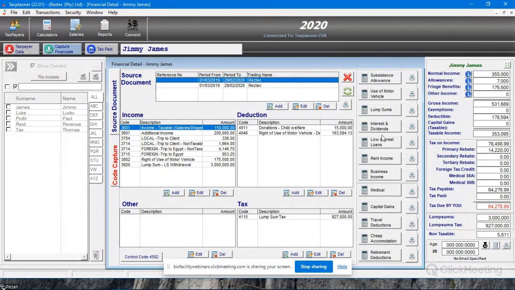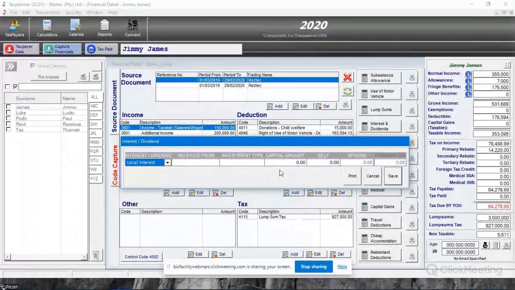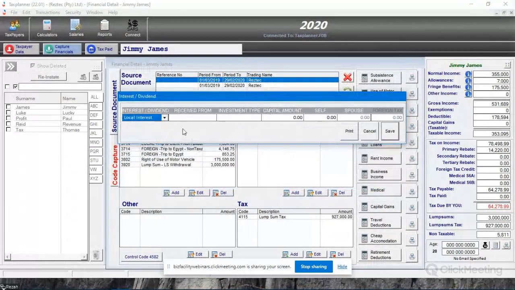So I'm going to go into interest and dividends. Here you have a couple of options as well. There's basically four types of entries that you can capture here: local interest, local dividend, foreign interest, and foreign dividend. And they all have tax calculators related to them. So I'm just going to go through the capture. Local interest received from